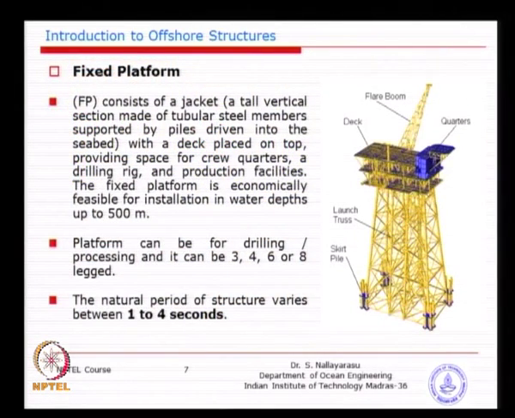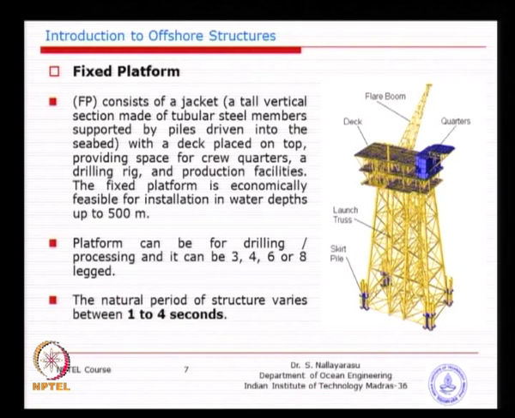So, a fixed platform means we have several components. I think as I explained yesterday, we have a superstructure like any other infrastructure facility. You have a superstructure housing most of the facilities that produce oil and gas, and support systems like living facility, power producing facility, and the flaring facility for exhaust gas. And you have a substructure which is made primarily of steel frame, which you could see as a typical tower, and most of the time we have a tower made of tubular members. We will see the reason why we do that.